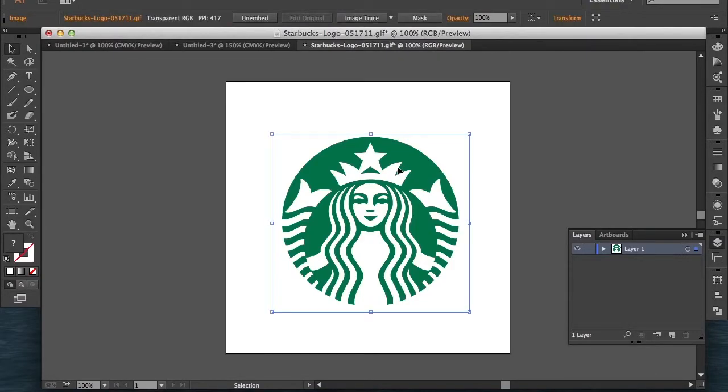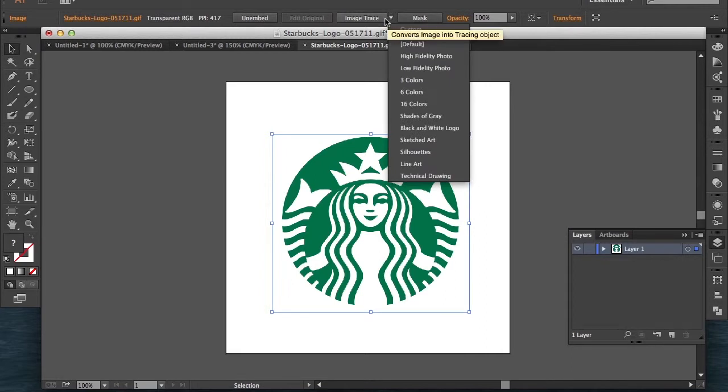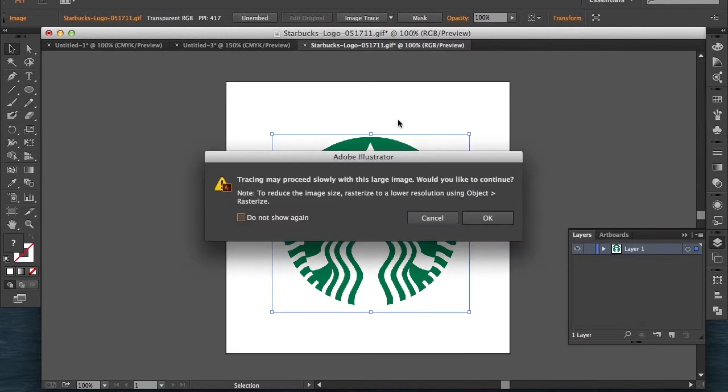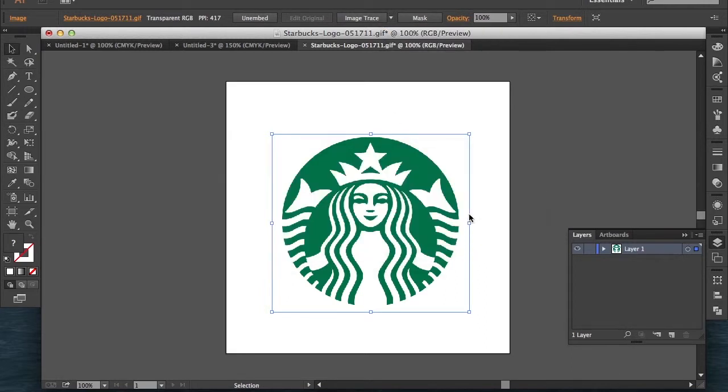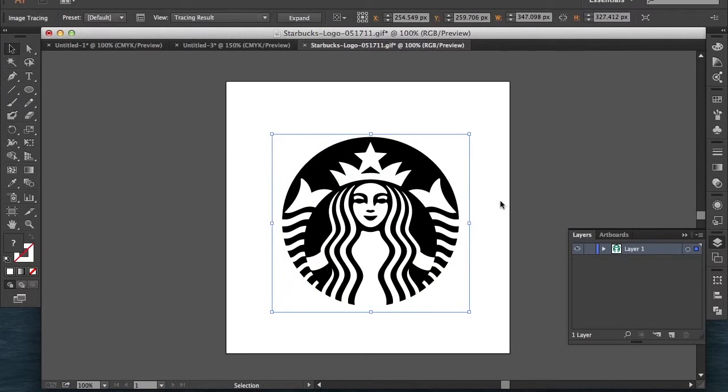If you click it with the black mouse tool, you can see up here that you have multiple options. One of them is image trace. So you can actually just go ahead and click that, and then it'll tell you it might take a while. So it brings this, and then if you go back up here, change it again. So you can click View, and you want to click Tracing Result with Outlines,